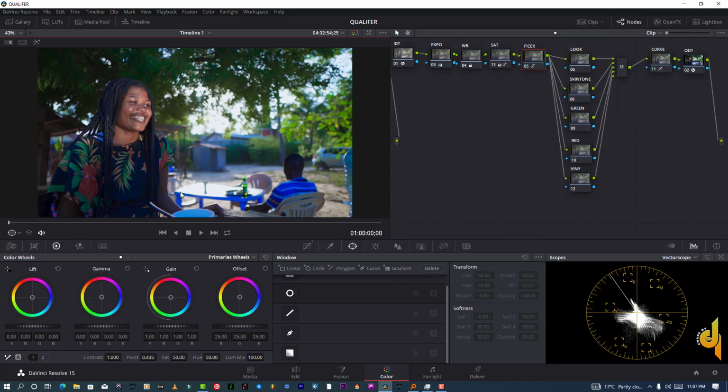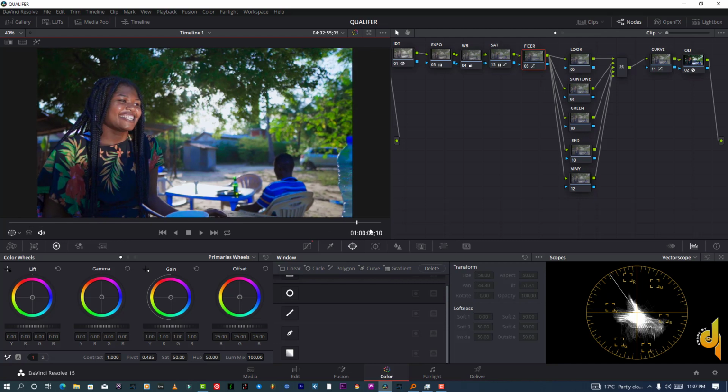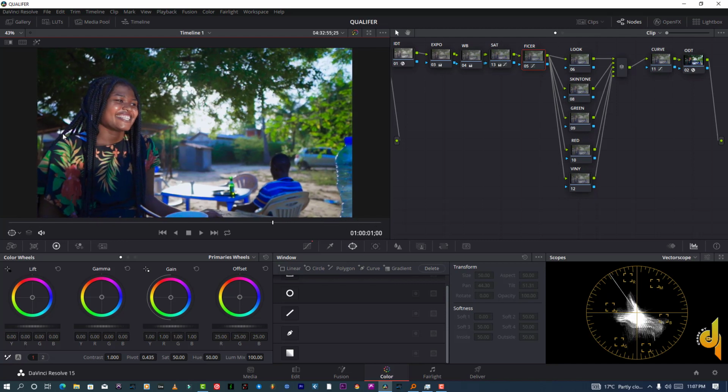A lot of people experience a problem when they qualify, especially when they just copy and paste their color from one footage to another. Maybe this footage worked right, but another footage doesn't. Or maybe the still image is working nicely, but whenever there is movement, they have a bit of problems